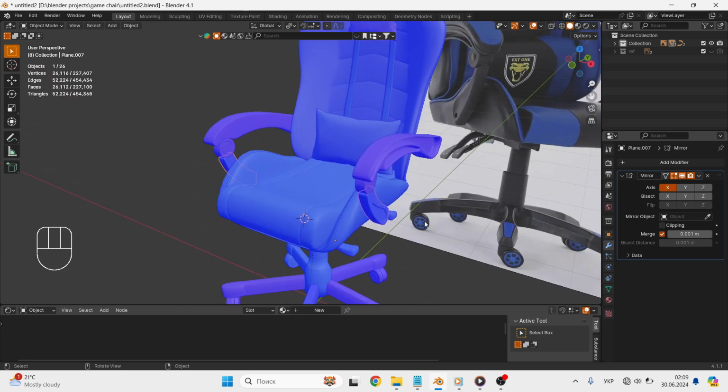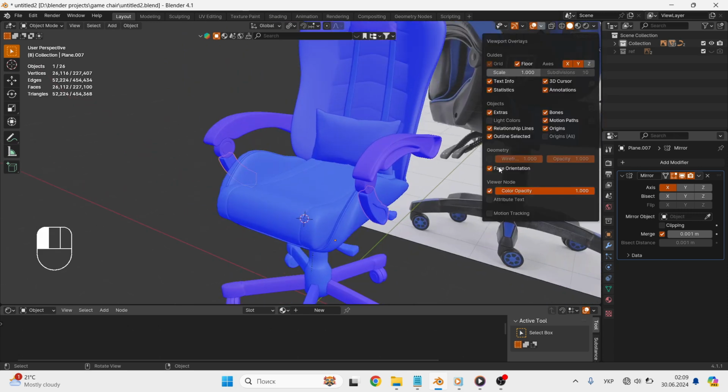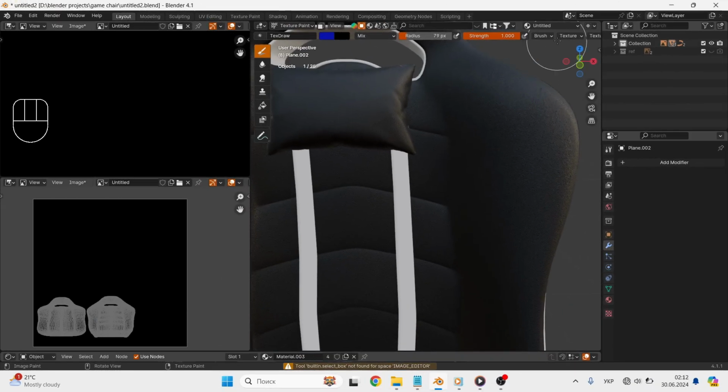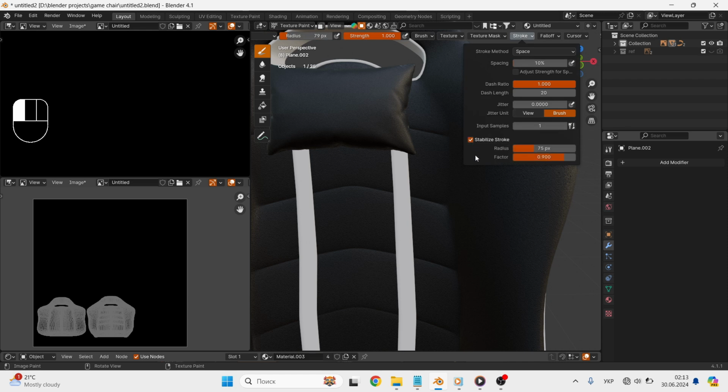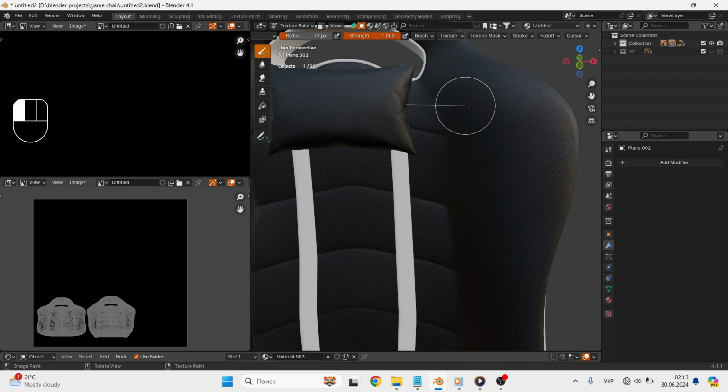We select the back and go into the texture paint mode. We select the color, and you are most likely wondering how you can paint the chair with a brush so as not to spoil anything. To do this, we need to stabilize the brush stroke here in this tab. And also, as you can see, our brush is not hard, we need to fix this. We change the force to 10. The pressing force icon should be turned off, this is for the touch screen. So we use the mouse.